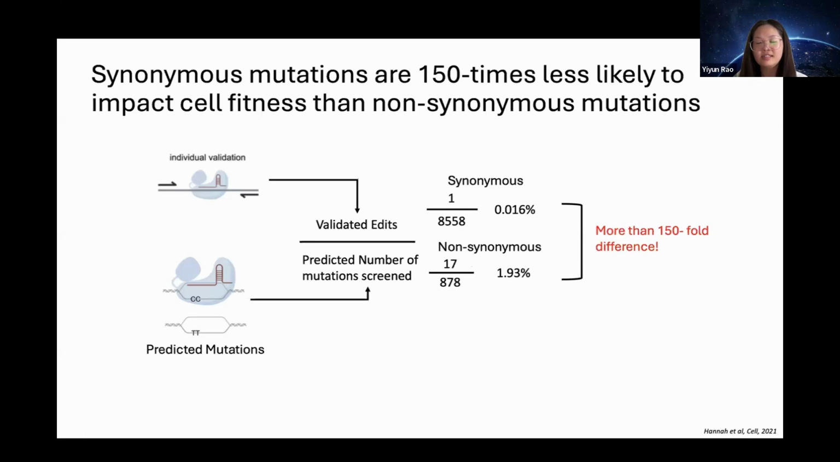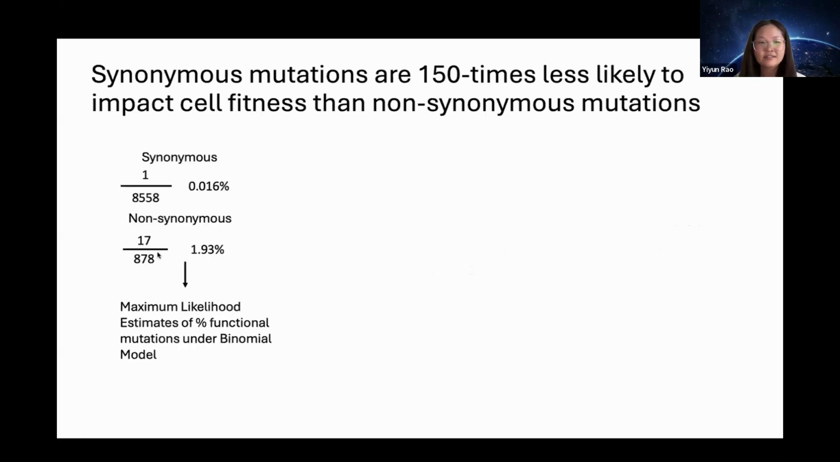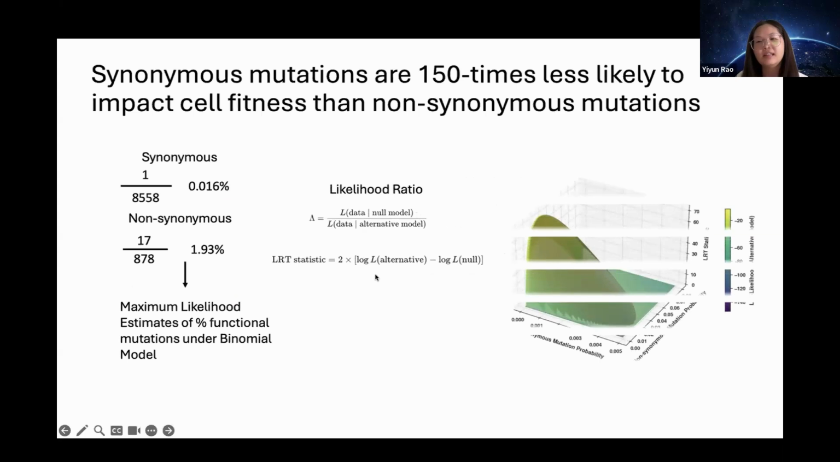And to really nail this down, we modeled the data proportion using a binomial likelihood framework, in which this proportion we calculated is just the maximum likelihood estimate. And under the null hypothesis that the synonymous and non-synonymous mutations have the same probability of causing a fitness effect, we calculated the likelihood ratio, conducted the likelihood test, and visualized the likelihood surface across a range of synonymous